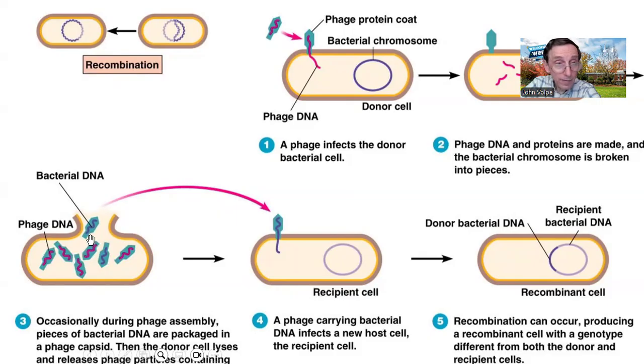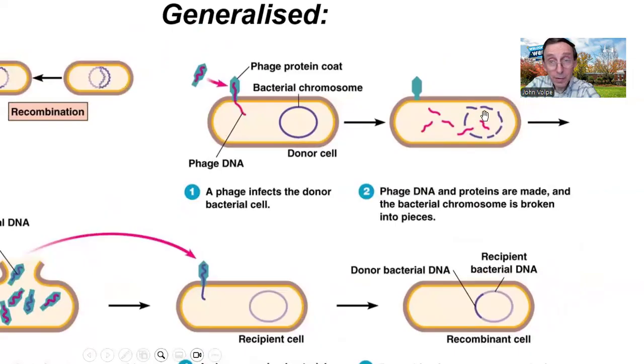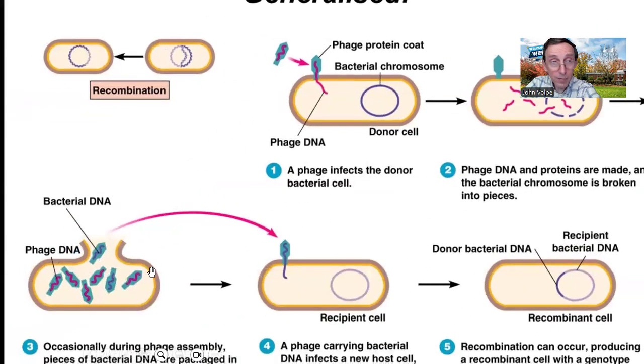But this virus has a purple or blue-purple DNA, which was inserted, and it is part of the degraded host cell's chromosome. And now when this virus infects a bacteria cell, it will inject its DNA into the bacteria,